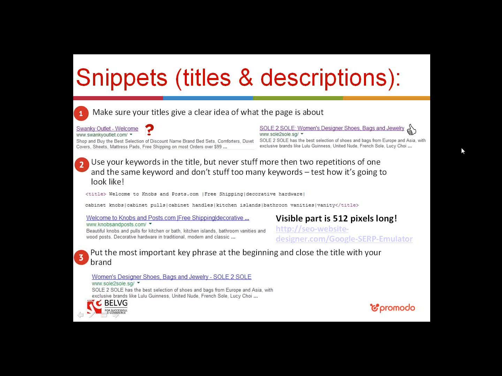And first of all, you need to think about the titles. Titles remain one of the most important things for SEO. Before even thinking about the keywords in titles, you need to make sure that your title gives a clear idea of what the page is about, because the title forms your page snippet in Google organic search results. So this is the first thing that people will see